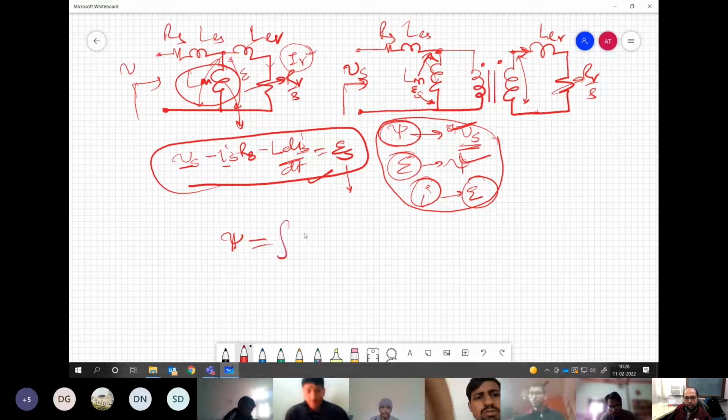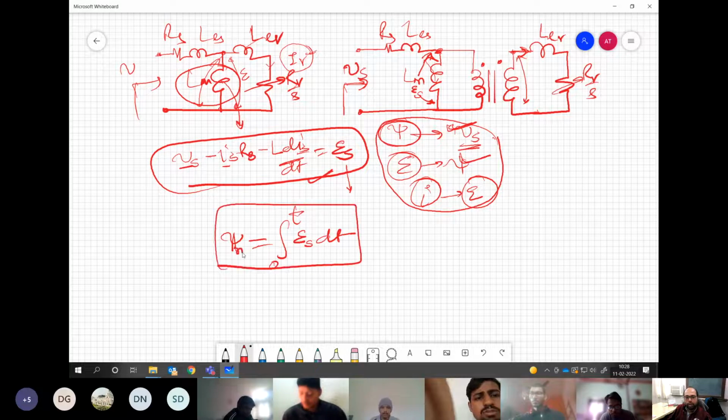It is the integral of the voltage, say this, over the time 0 to t. This is psi m. Any doubt in this? This is the straightforward thing, right? We are only taking the fundamental things. So we have applied ES voltage across the magnetizing branch effectively, because the drop in this is subtracted from the supply, and we have generated